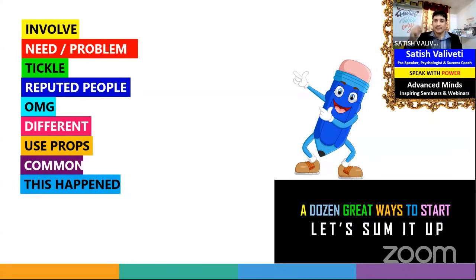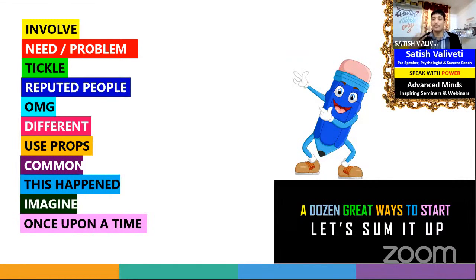The next one, this happened, right? This happened yesterday, this happened 1 week back, this happened 1 month back, this happened in my life when I was in class 8. Anything about your personal story where you can connect the audience with some memory of yours will be a great start. The next one is imagine, a very powerful word. Imagine you are going to the moon, and you can imagine that, right? Once upon a time: stories hold the audience. Audiences love stories irrespective of their age, so you can always use good stories in your introduction. And last but not the least, if time is shrunk, you can start with no nonsense, straight talk.